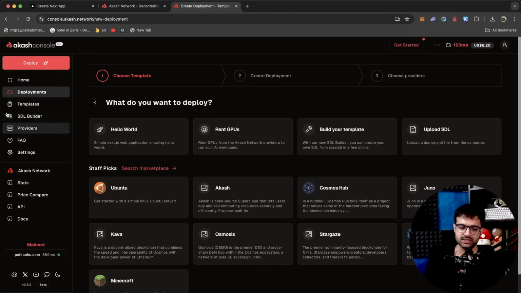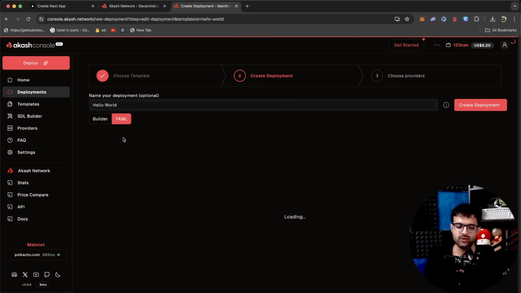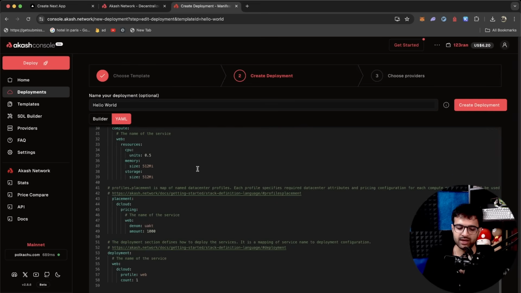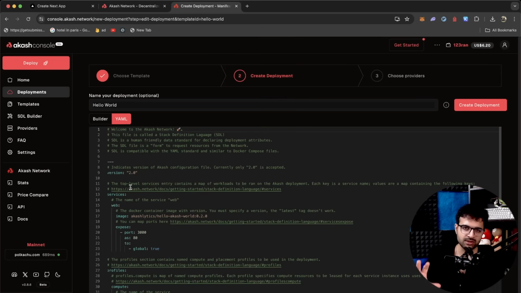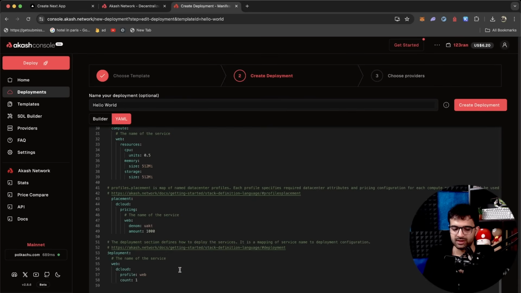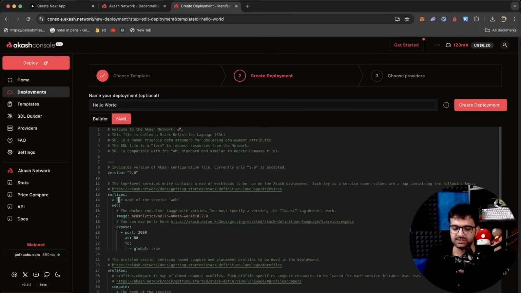And if I go to the deploy section here, I can deploy either a Hello World application, a simple NextJS application, or my own NextJS application as well. For example, if I want to deploy a Hello World application, it shows me a very long spec file. And notice, it looks very similar to a Kubernetes spec file. It creates a service, creates a deployment. And this service, if you look at it,